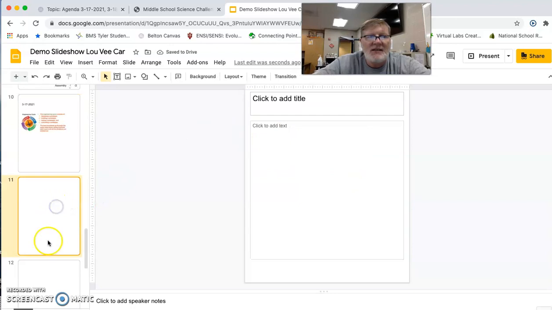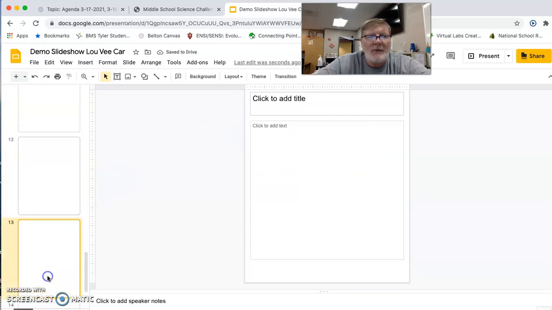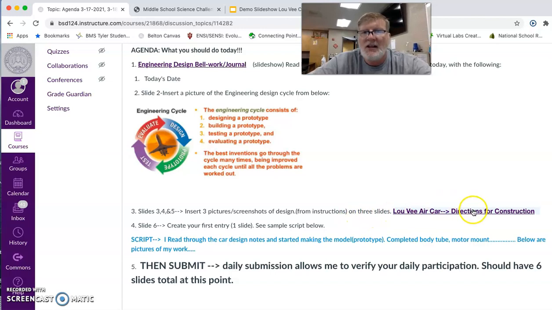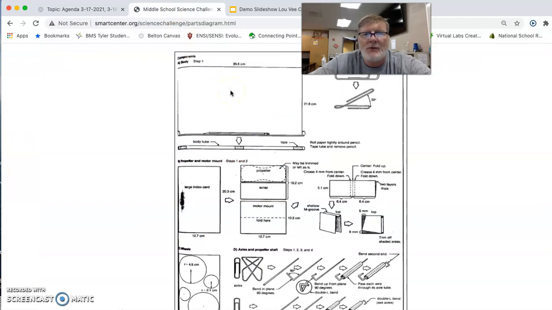On your second and third and fourth slide, I'm asking you to insert pictures from the design documents. And so basically you're going to take the directions for the car that are written on the document, and you're going to put them in your slideshow so you have evidence of the design of the car, which is a part of this engineering design cycle in your journal. So to do that, if you open